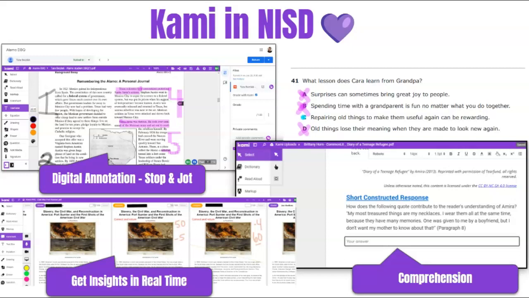Cami is a tool that we find a lot of value in Northwest ISD. You'll notice that Cami has been used for digital annotation as students stop and jot and mark up passages. Cami allows students to comprehend passages and go back to find their text evidence. There are some new features like the grade by page feature that give teachers real-time insights into what their students